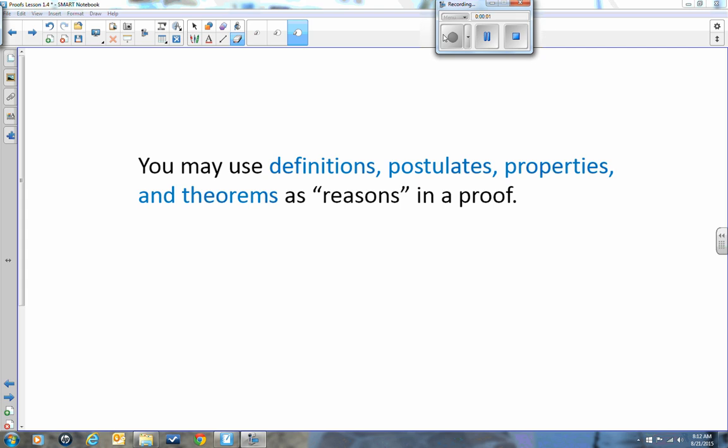Continue on with proofs today. You may use definitions, postulates, properties, and theorems as reasons in your proofs. So on the right-hand side of your column, you can use definitions like linear pair. Postulates. Postulates are just concepts that we've been given in math that mathematicians have seen over and over again, but